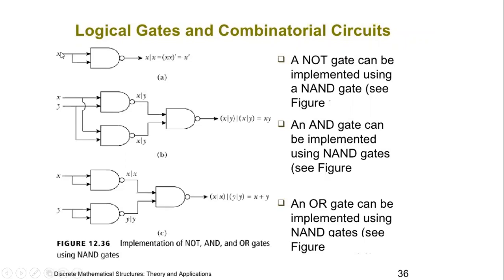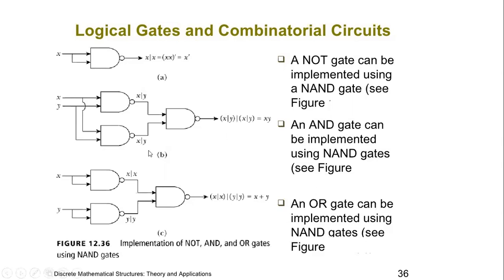Now here, X becomes the input. So X into X, as per Boolean algebra, X into X is X, followed by a NOT gate, that makes it X bar. Now, if you talk about the AND operation, that is the multiplication operation, how will you get it? You have given two inputs. One input goes to the first NAND gate. The second input also goes to the first NAND gate. Same way, both inputs go to the second NAND gate. What does that make? That makes it X into Y and X into Y. Now this X into Y, when it comes out of the NAND gate, becomes XY bar.